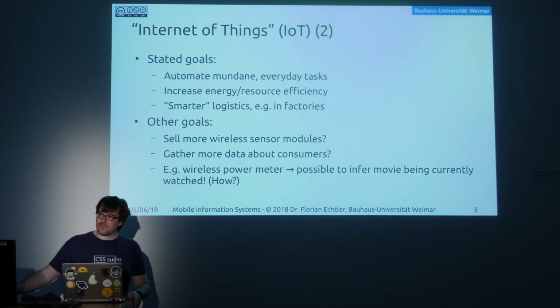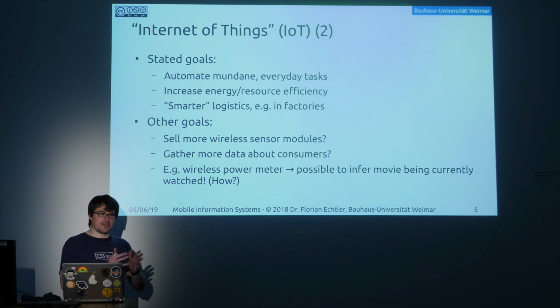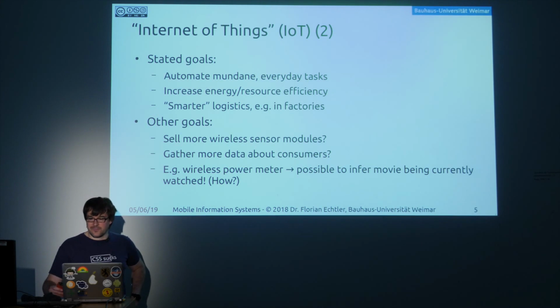Yeah. Maybe depending on the brightness of the screen, it consumes more power, and exactly. Almost all TVs you have now, all LCD screens, will consume more energy when you have a bright image and less when you have a dark image. And when the granularity is good enough and you look at 5 minutes of power consumption, then you can usually match that pattern to a specific movie quite easily, and then know what people are watching, even if that information is actually never made public by whatever, Netflix or you name it.